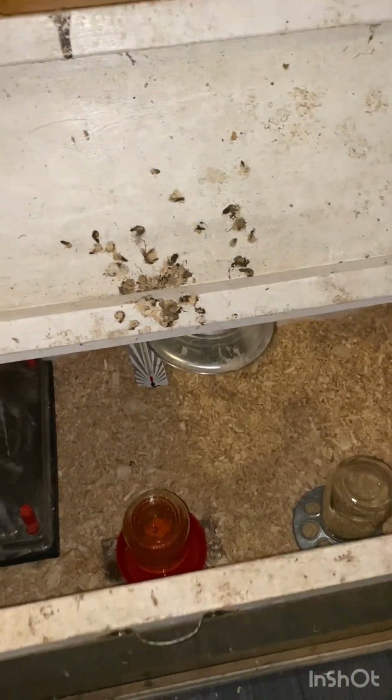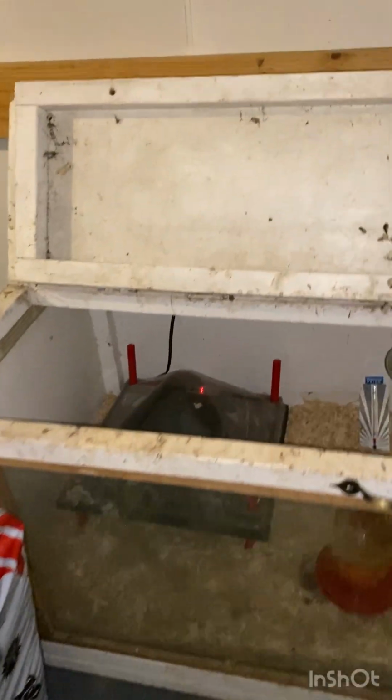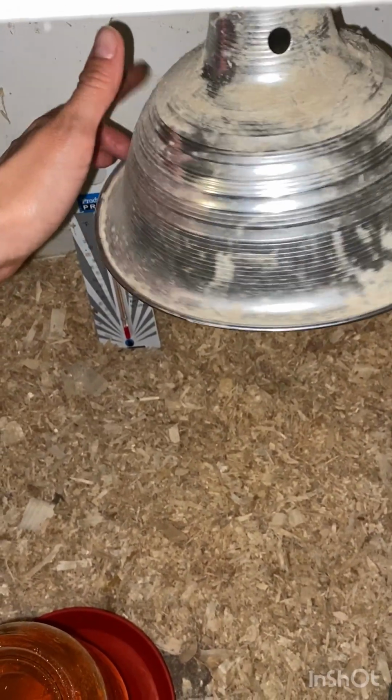Inside just has a lid that lifts up, and there's a glass window on the front, which is not necessary, but the kids really like it. It allows them to look at the chicks. And then we have these screened vents on each side that allow for more airflow. Then here we have a heat lamp,